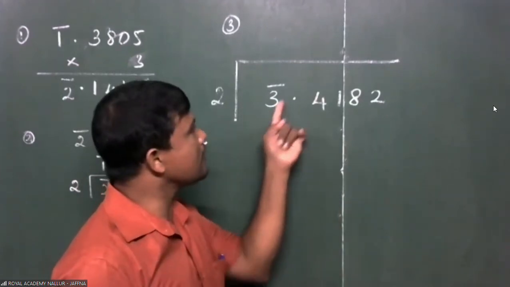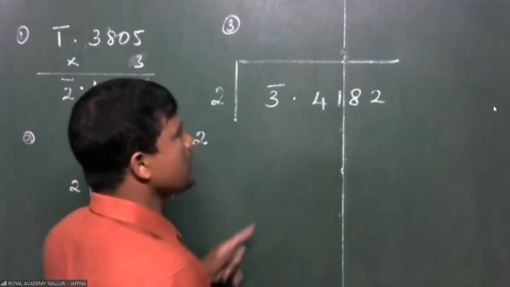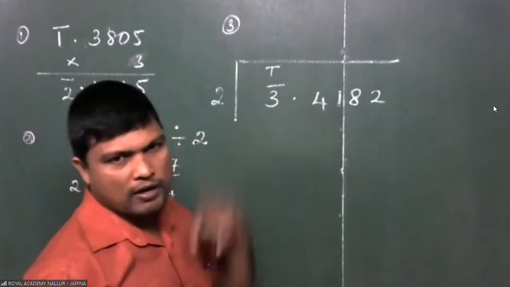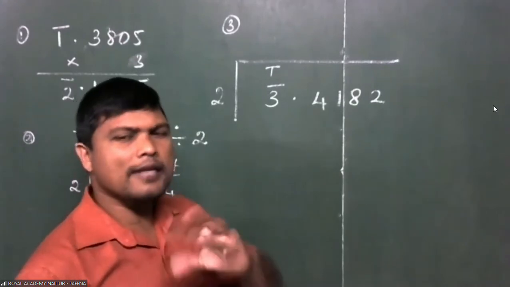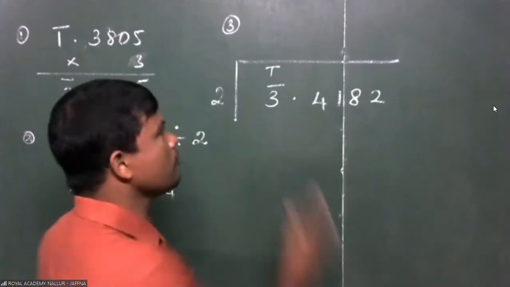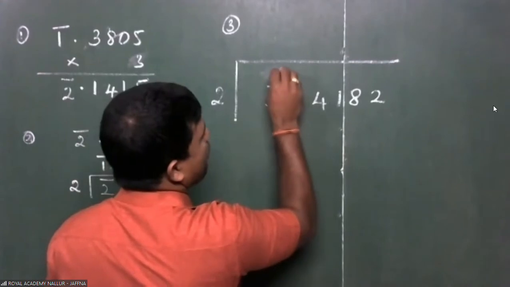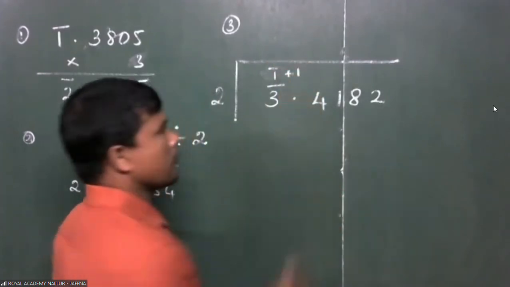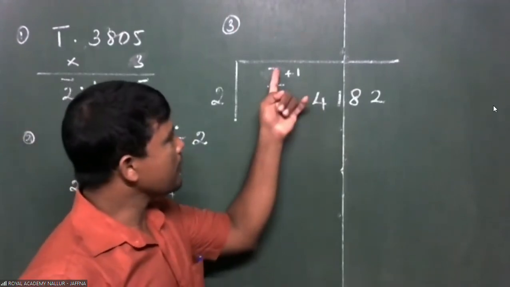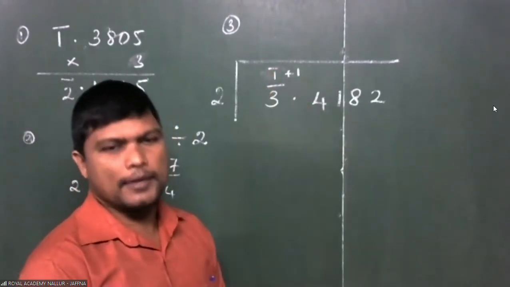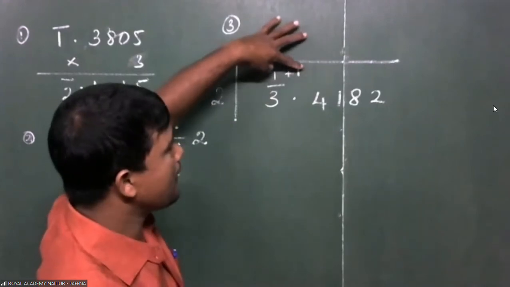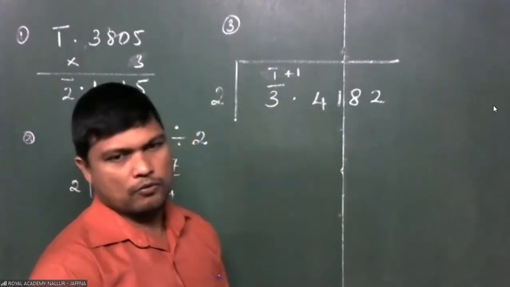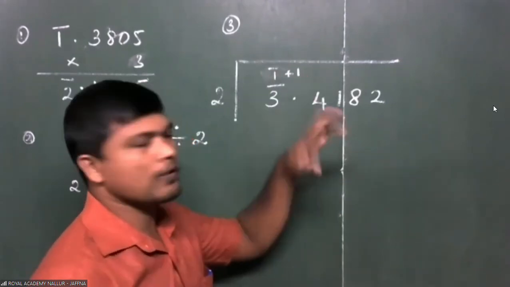So to make this bar 3 as bar 4, we have to give bar 1 here. We need bar 1, but we have to cancel that also. So while giving bar 1, you can give plus 1 also. Giving bar 1 and taking plus 1, that means the give and take policy. Finally, nothing is given. Bar 1 and plus 1, minus 1 plus 1 cancel.